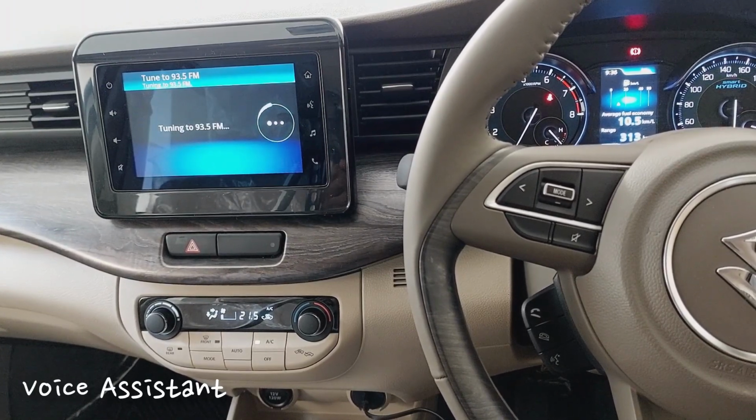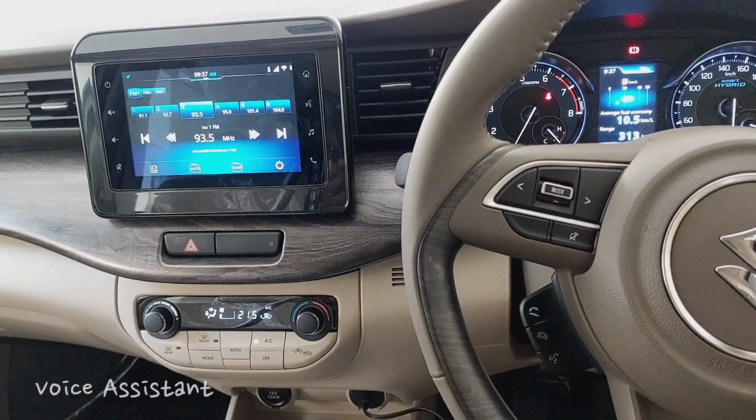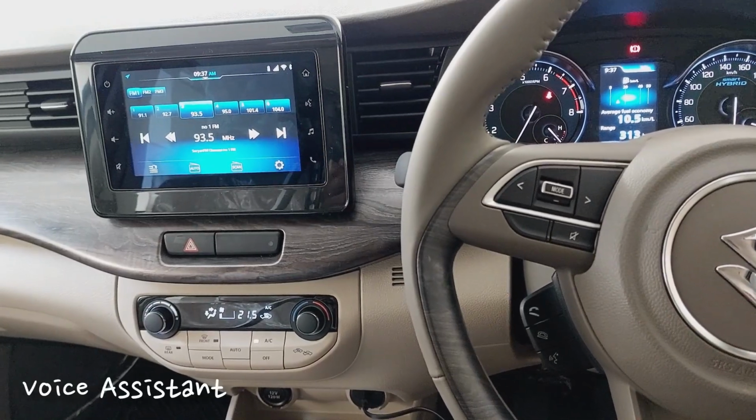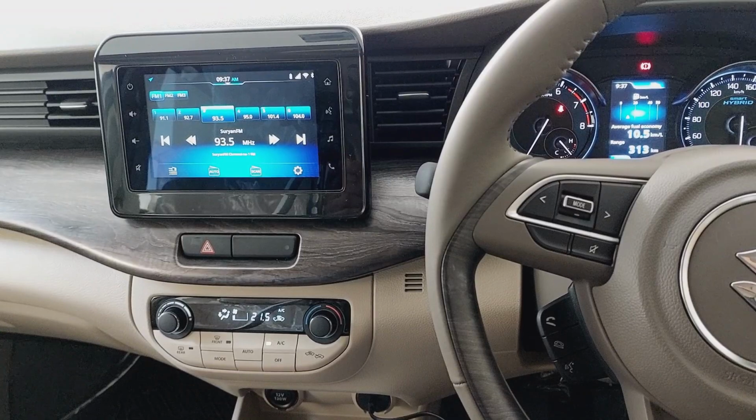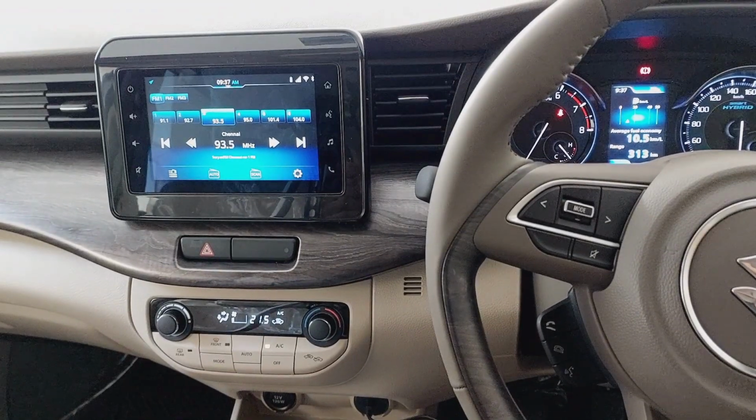Tuning to 93.5 FM. [Tamil radio audio] Instead of pressing the button for voice commands, we can